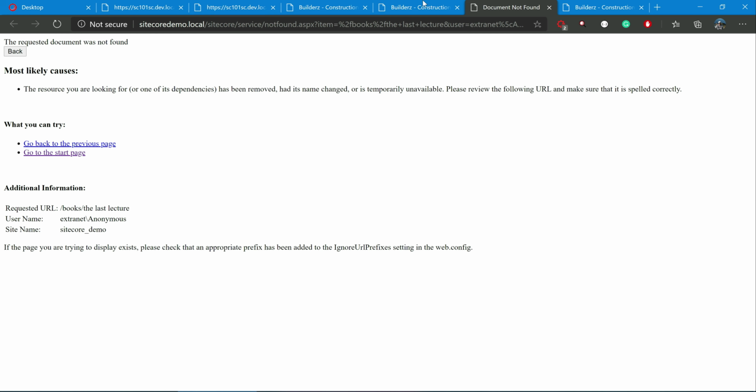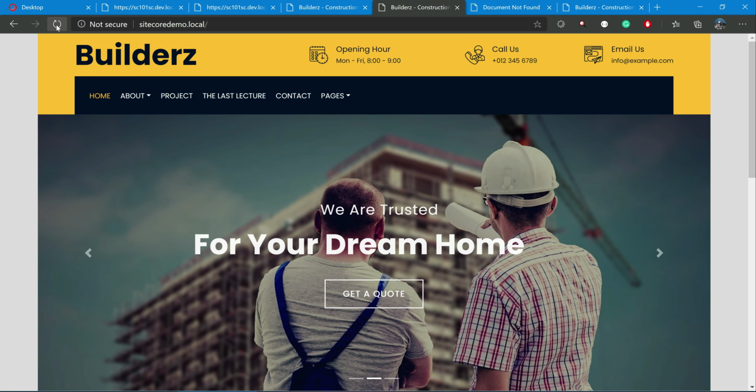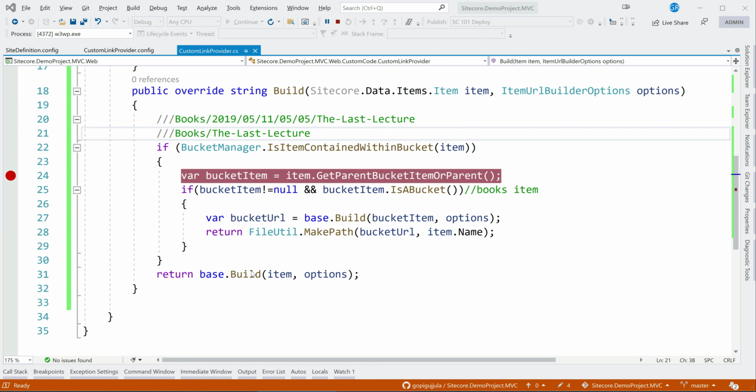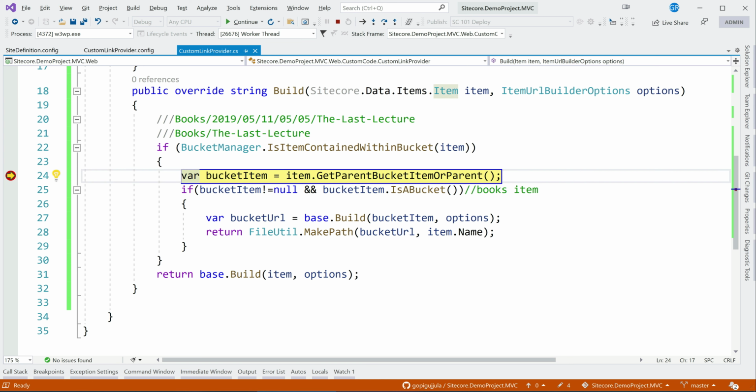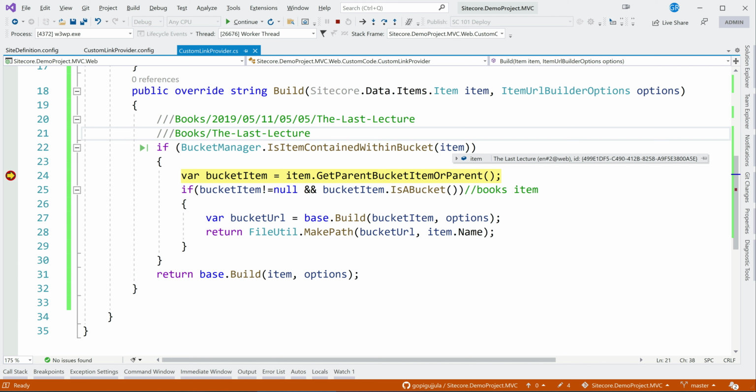Let me just go and reload this. Yeah, it came. So let's see what this item is. This was supposed to be last lecture. Yeah, you can notice that it is last lecture.